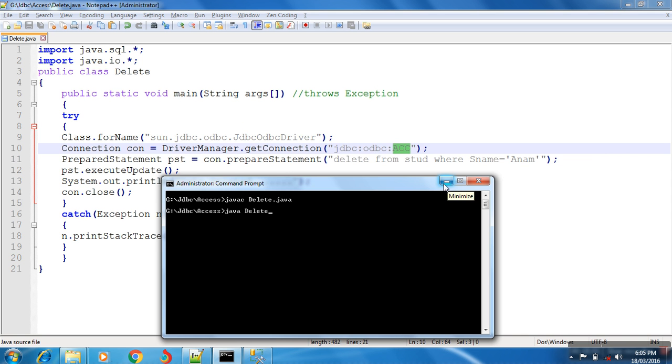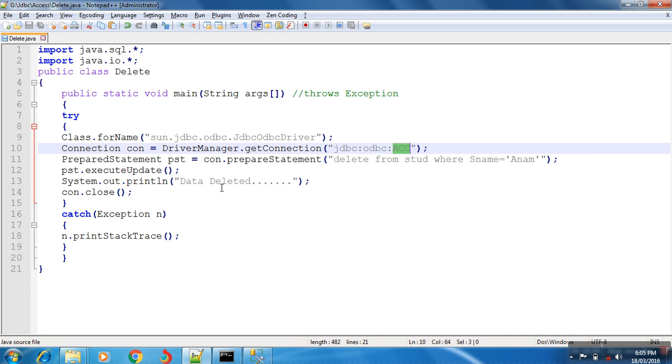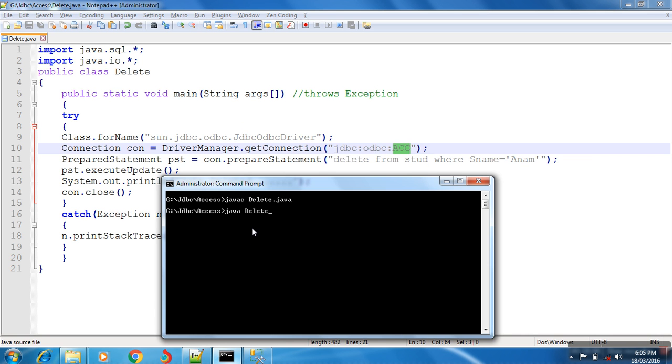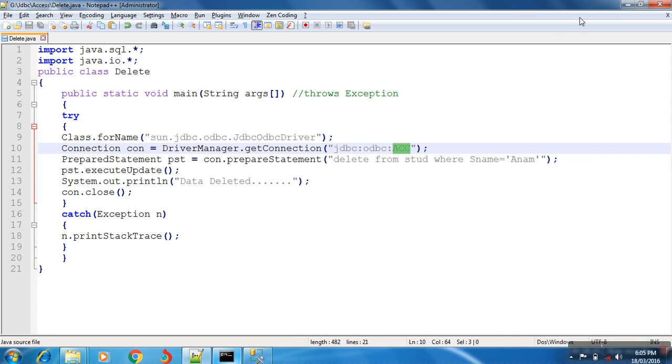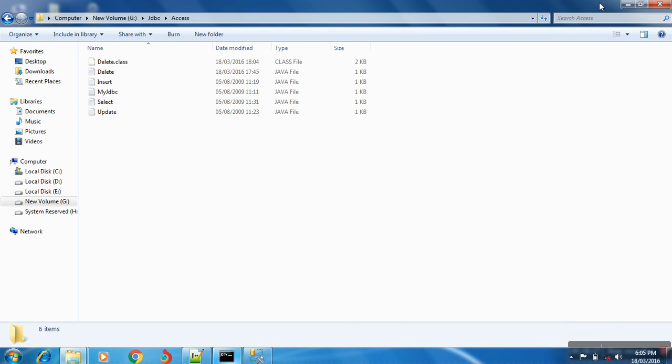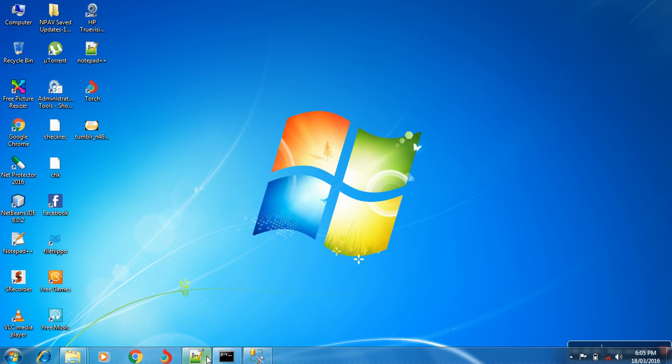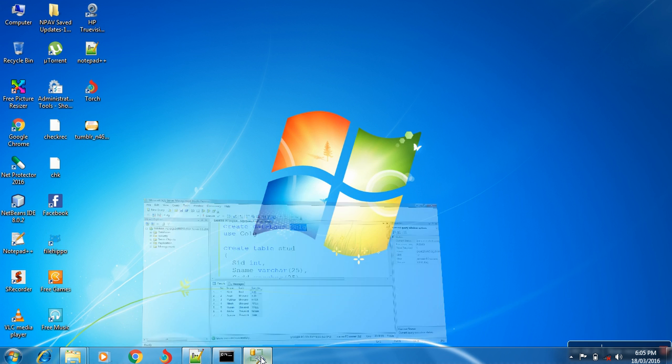If data is deleted from the database, you will get the message data deleted on the command prompt. Okay, see here, data deleted.